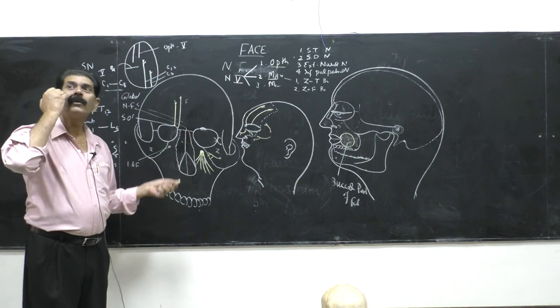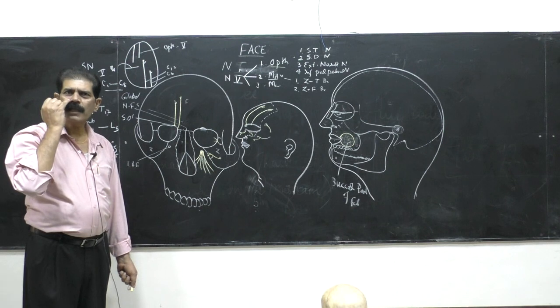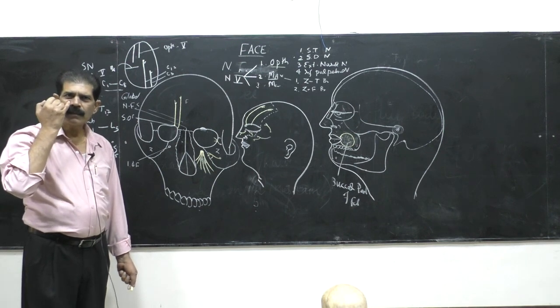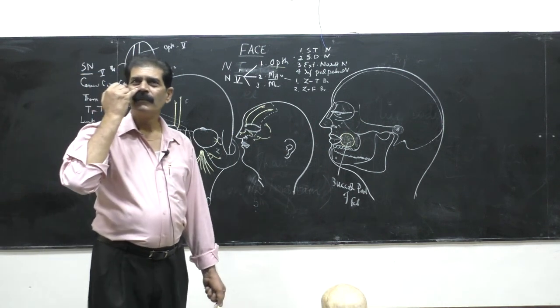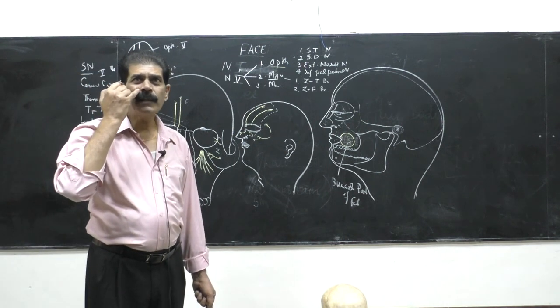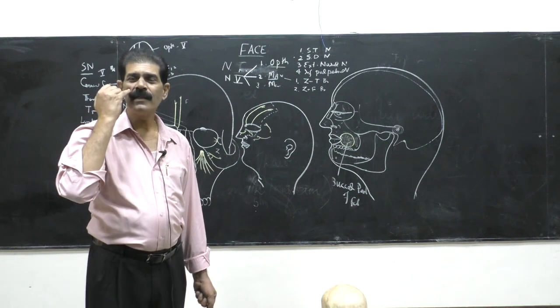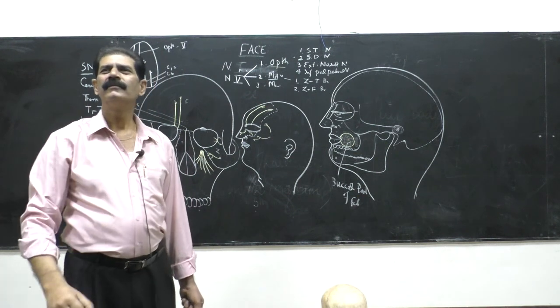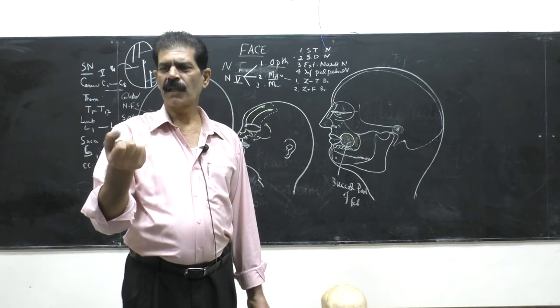Put your finger just below the medial end of the inferior border of the orbit. Go 1 centimeter below and press it. You feel a depression. This is the infraorbital foramen. If you gently press it, you feel a numbness of the skin here. Yes, it means it is sensory supply. It's a quite thick nerve if you do the dissection.